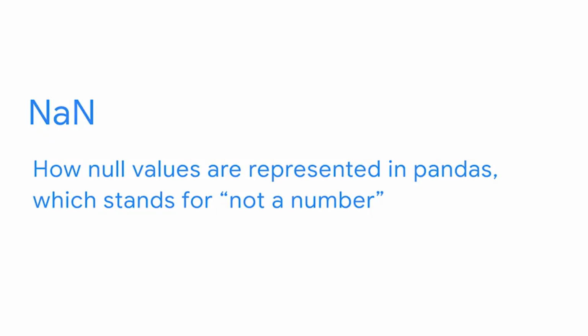By the way, I want to address a couple of points about terminology in Pandas. First, null values in Pandas are represented by NaN, which stands for not a number. And second, if a Series object contains mixed or string data types, when you check its data type, it will come back as an object. This is an example of how Pandas is built on NumPy, but the details of this are beyond the scope